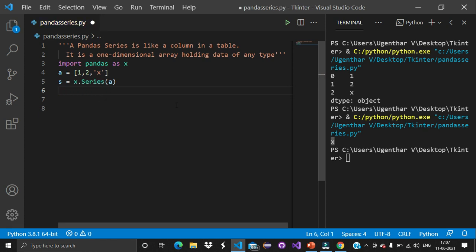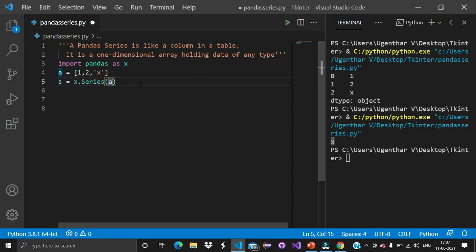We can also create our own labels, which is also called the index. We can create our own index instead of 0, 1 and 2. These index values or label values will be created by default if you don't specify the label in the series function.